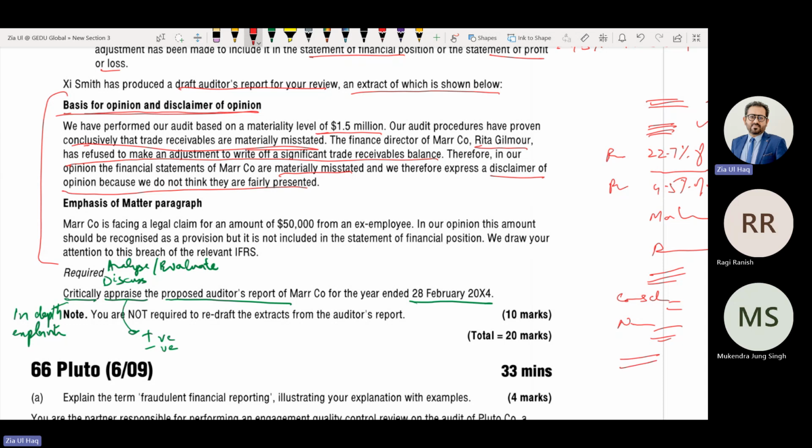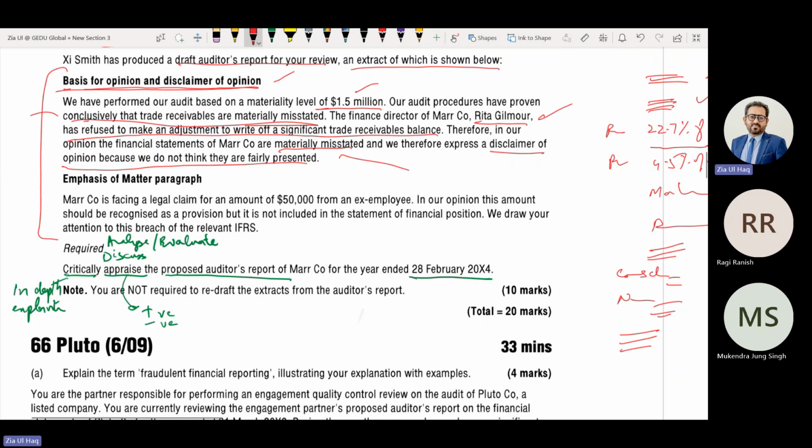So we can discuss one point more. How many points have we discussed? On this heading, we have discussed 5 points, including 2 materiality. Then materiality. Then conclusive, 7. Using name, 8. And then we can discuss even 2 points on this. But there is still some part left. Emphasis of matter paragraph.